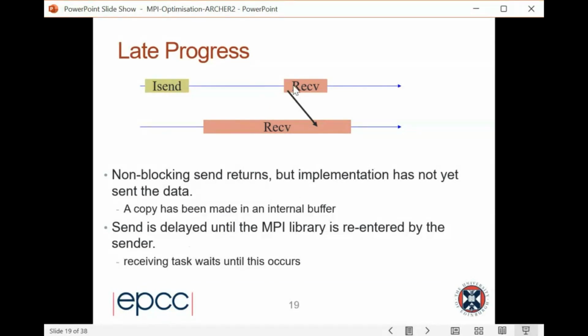Okay. However, this MPI call may be completely unrelated to this and this. This is just the next MPI call you make, which allows MPI to check and complete things. And this is quite a weird one, but the send is delayed until the MPI library is re-entered by the sender. That is not necessarily an MPI wait here, it could be anything. And so this can cause delays between send and receive, which are kind of hard to diagnose, but fundamentally it's due to a late